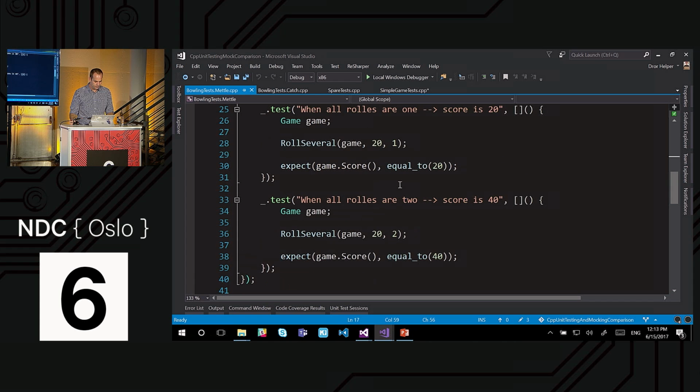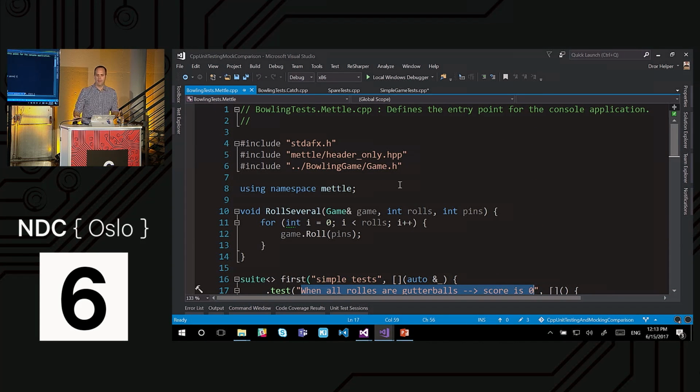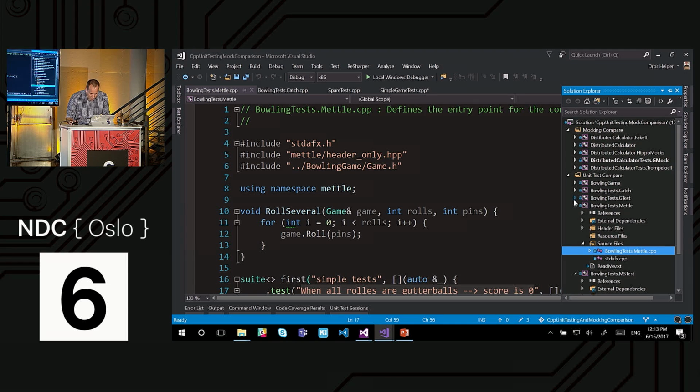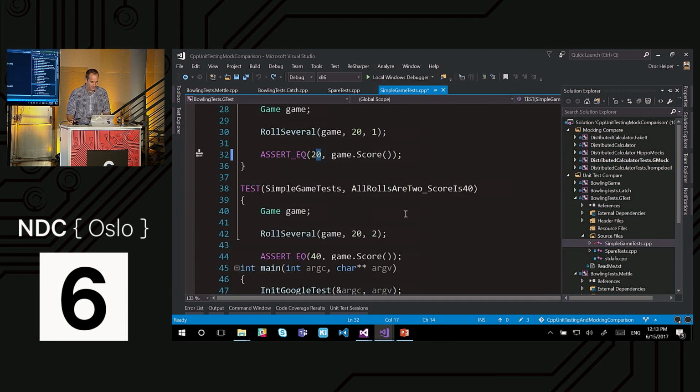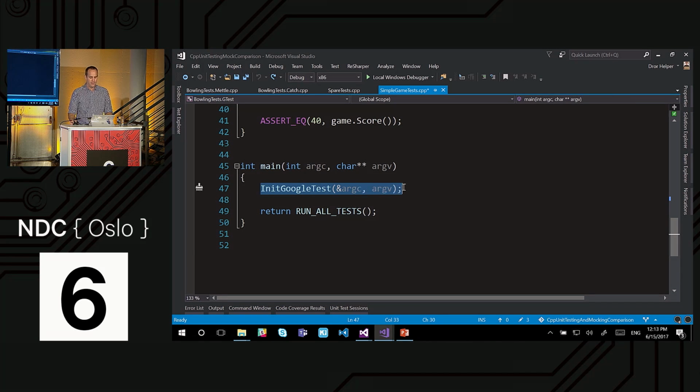And that's fine. That's cool. And it has a main in the background that I don't need to write. And Catch has the same capability. I don't need to actually write a main method like I need to do, for example, in Google Test. In Google Test, I need to write a main method and initialize Google Test or Google Mock, depending on which I use, and then call run all tests, which is okay because I don't need to tell it exactly which test to run. Some unit testing frameworks will force me to tell it the tests in some formal list or something. But I don't like doing that. I always forget what to write. And then I need to copy from an old project or Google for it. I don't like that.